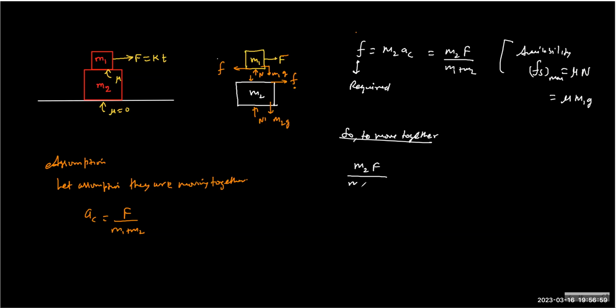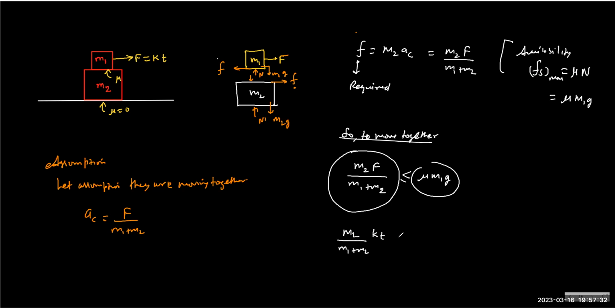The demand by the pani puri wala is this much, and the money in your pocket is this much, isn't it? So the demand should be less than the money in your pocket, correct? And therefore, the F is given as KT. So the T is